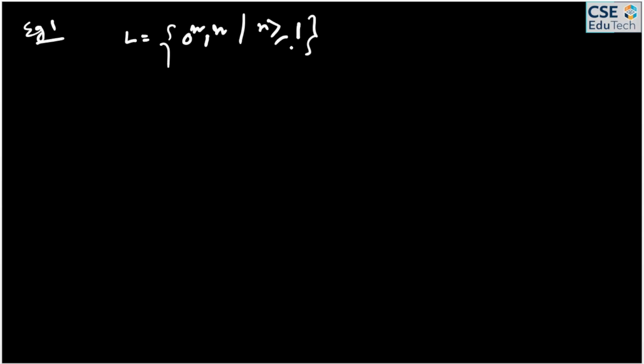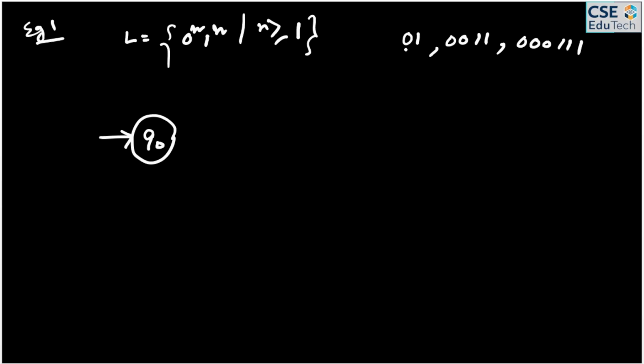So now we want to construct a deterministic pushdown automata for this language. It means the language is of the form 0 1, 0 0 1 1, 0 0 0 1 1 1, right? So now we can draw it like this. Suppose your initial state is q0, and when the first 0 comes, so this should be accepted, 0 1 should be accepted,